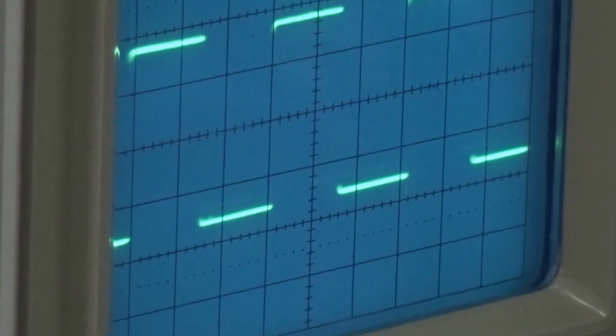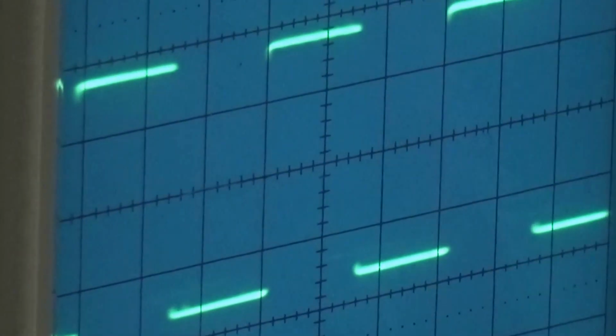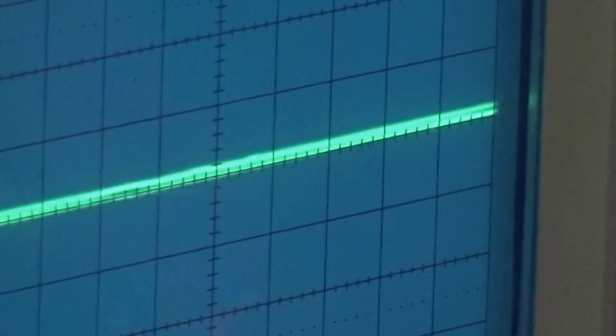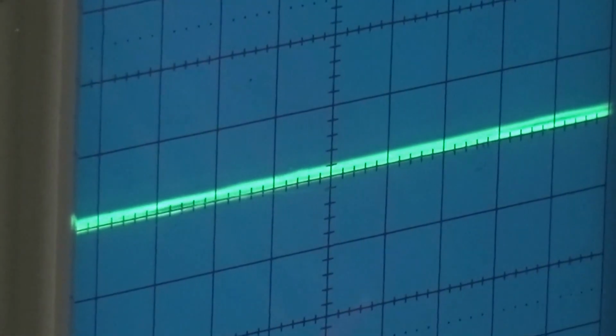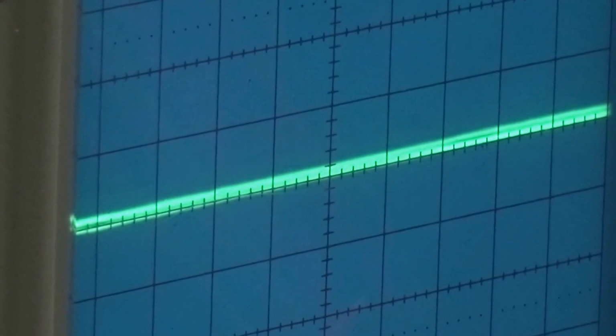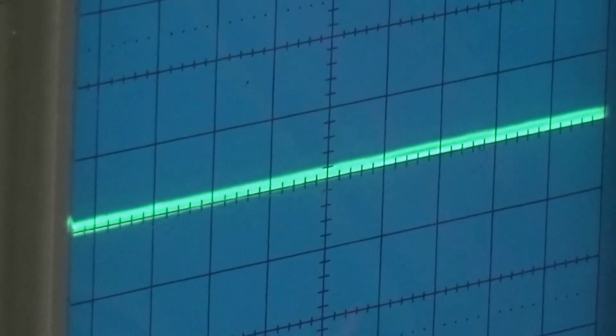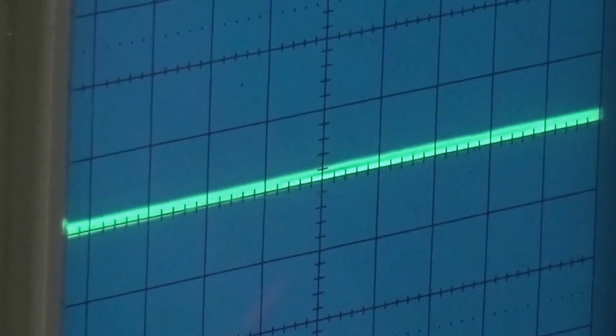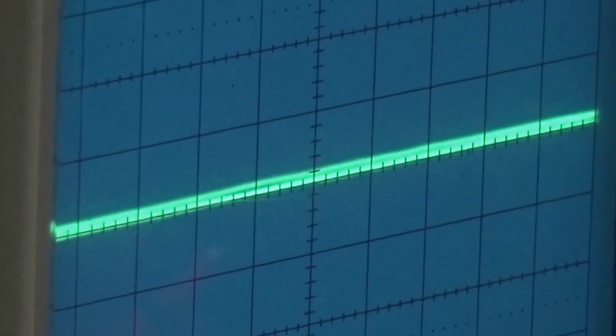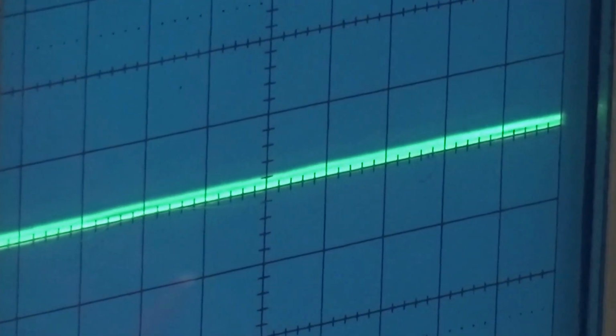Now, if I change the data, in which location? In F00A location, reset, substitute memory F00A location. I have given AA. Suppose I give FF. Since FF is greater than AA, we expect the delay to be more. Let us see what we get. So the delay is extended here.